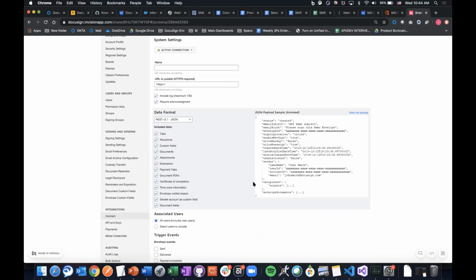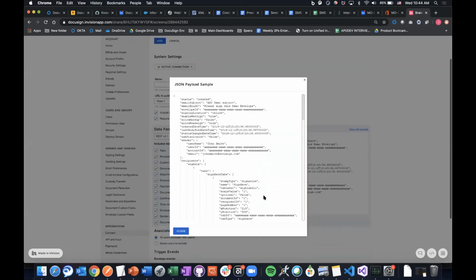Here's what the sample payload looks like. You can see it's essentially a copy of the REST payload for our envelope object. We'll even give you samples within the product itself so that you can take a look at all the different fields contained and use this to plan your integration.